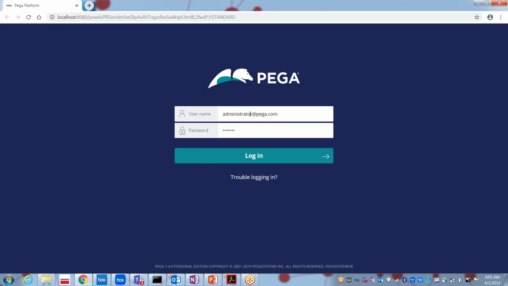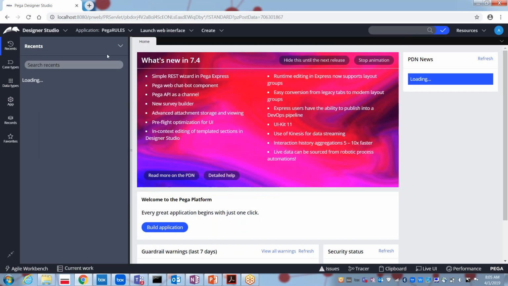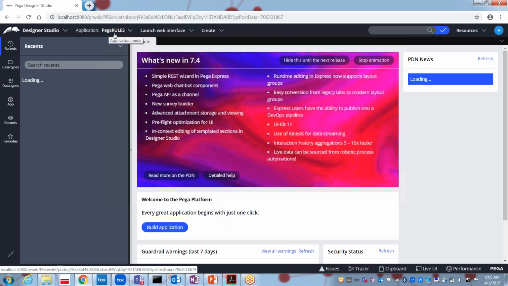So, as I said, there will be one default user ID and password available for Pega. That is administrator@pega.com, and the password will be install. From this login, we can create our own application, our own operator IDs and everything. This is just an initial user ID and password, and it will be mapped with the Pega rules application. Even some default applications are available from Pega systems, like Pega rules.